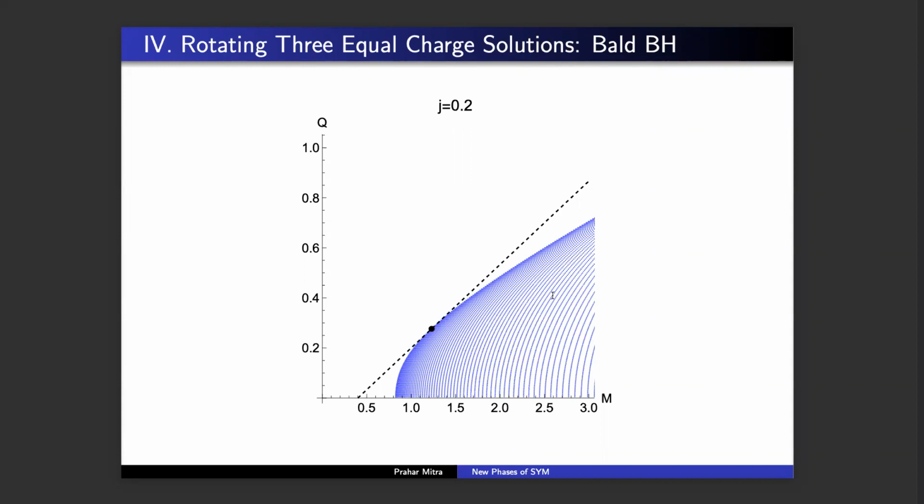So remember, in this case, where you have all 3 charges equal and 2 angular momenta equal, there's a charge constraint. So it's a 1-parameter black hole solution. So if I fix that 1 parameter by setting J equal to 0.2, then that black hole should be a point on your phase space, and that's this point. So you can see that the extremal limit of all the black holes is not supersymmetric except for this 1 point. But then when you turn on charged scalar fields, you have, again, onset of superradiant instability, and then you have new black hole phases over here,